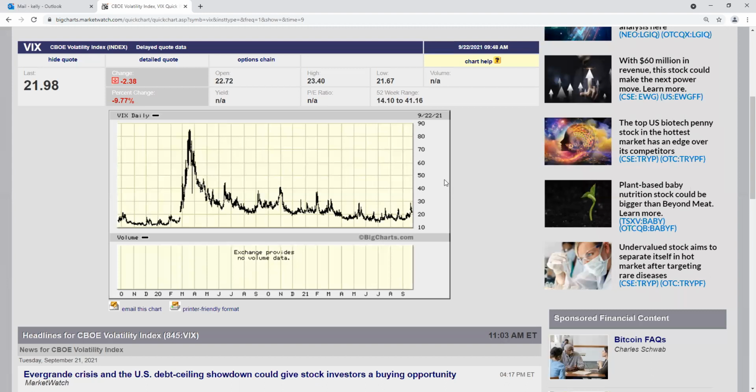In fact, I would say that if we break above 30 for whatever reason, we're probably going down to test that 200-day moving average at around 4,100 or 4,000 on the S&P. If we don't, and we get back under 20 and start trading between 15 and 20, then I think new highs might make some good sense. So I would watch the VIX very closely.